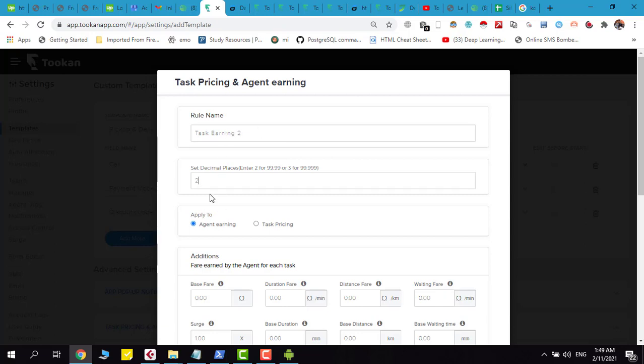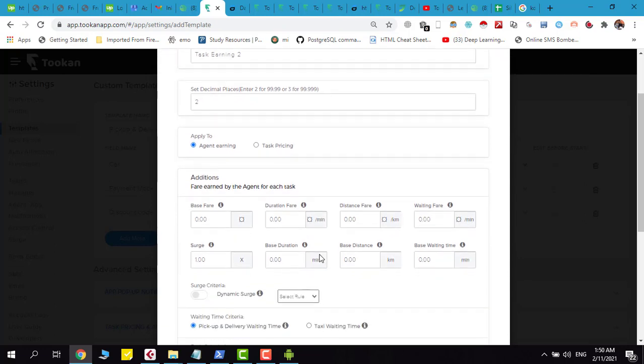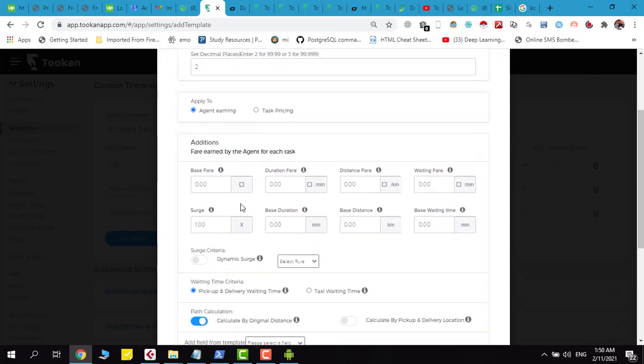This pricing applies to agent earning or task pricing. We will select agent earning, or you can also select task pricing. Basically, you charge a base fare for your task. Suppose you charge 50 rupees for any task, but for that base fare you provide the customer a base duration, base distance and base waiting time.